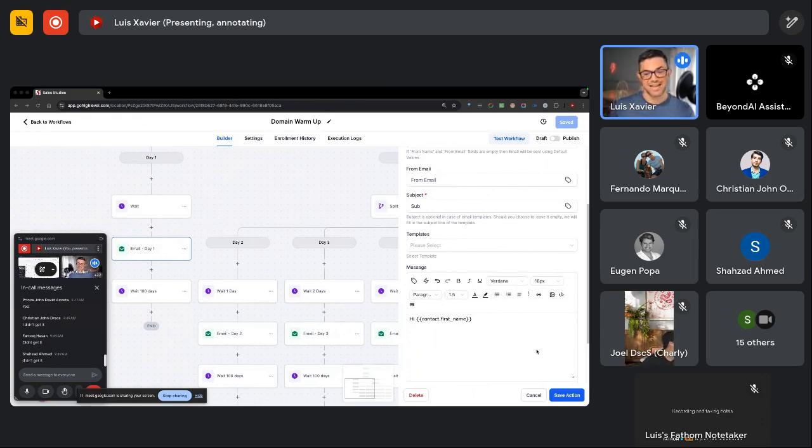And the way that I've done that is, I never actually write the emails for my clients. And this is something that you guys should know as well, because I don't know anything about my clients' audience. They know everything there is to know about their services, their offers, their audience. So I give them instructions. I tell them, hey, in the domain warm-up sequence, this is what I need, right? I need a very good subject line that people will open. I need a link that people will click, and then I need them to reply. So provide them with something that they will froth. They'll be like, oh my God, I need this, right? And that's it. For the domain warm up, that's it.